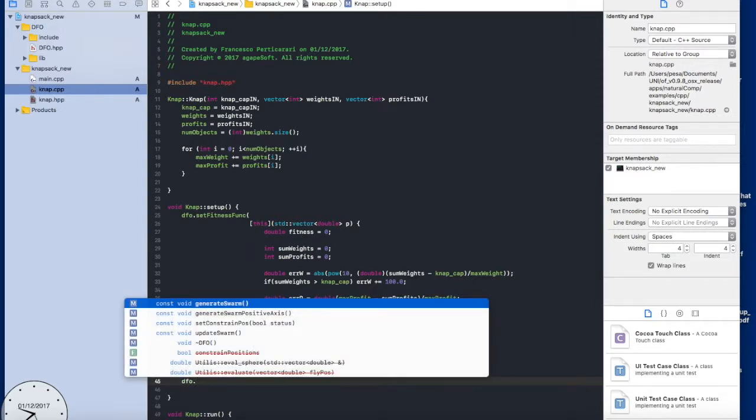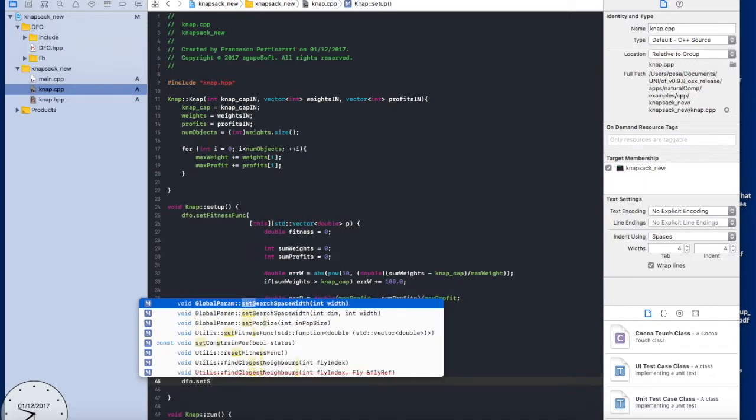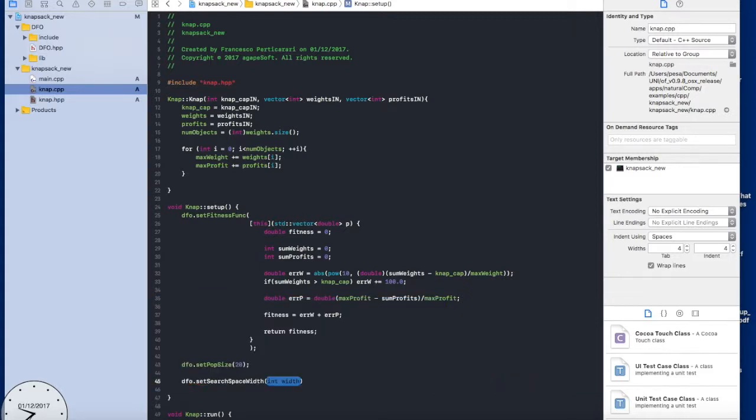And then I need to set the search space width, which is 0 to 1, because an object can either be included or not included in the solution vector,